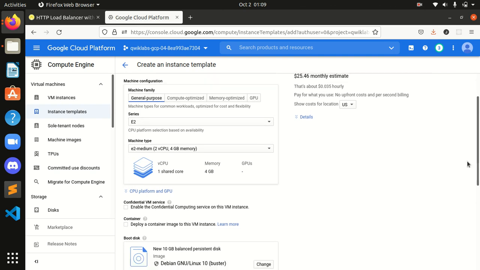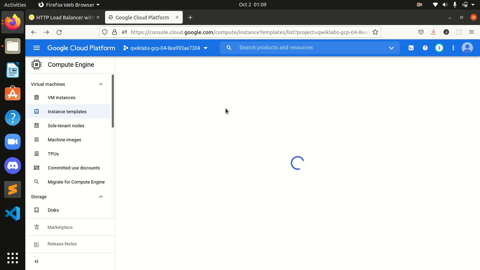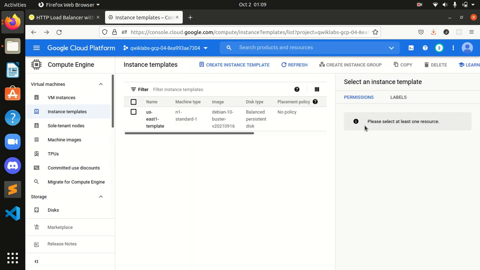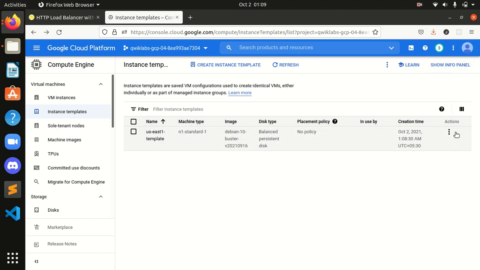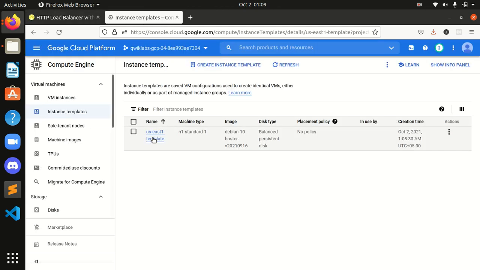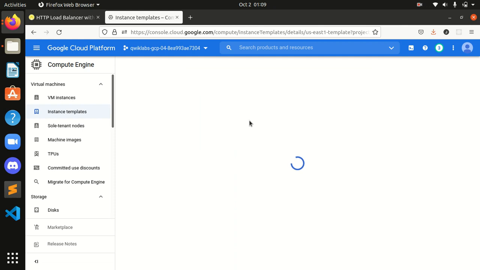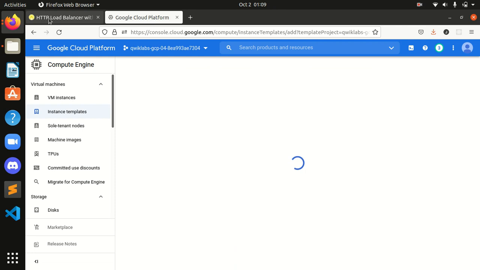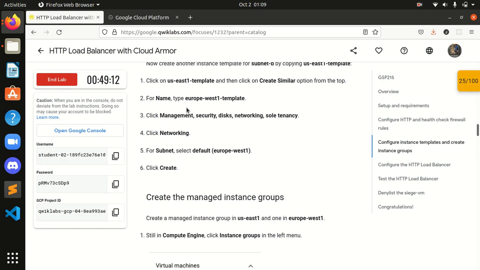Okay guys, I think there is some option for copying, right? From there also we can copy, right? Okay, let's go back. Okay, let's do this. Okay, first click on US East 1 template. We are over here and click on create similar, and after that for name type Europe West 1 template.